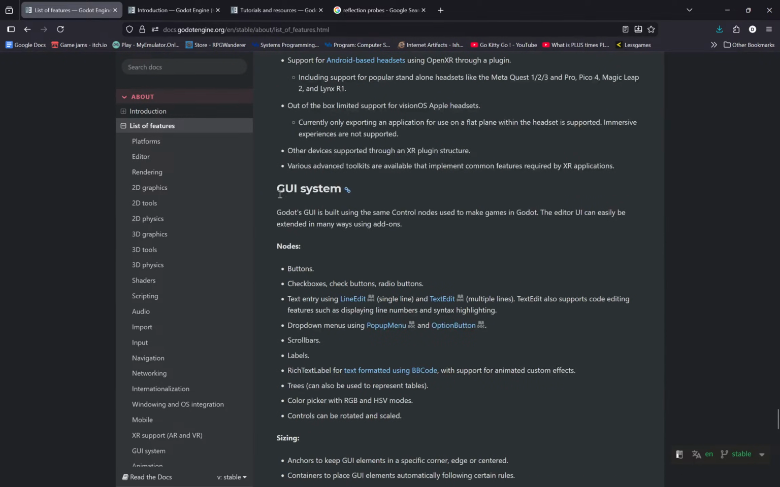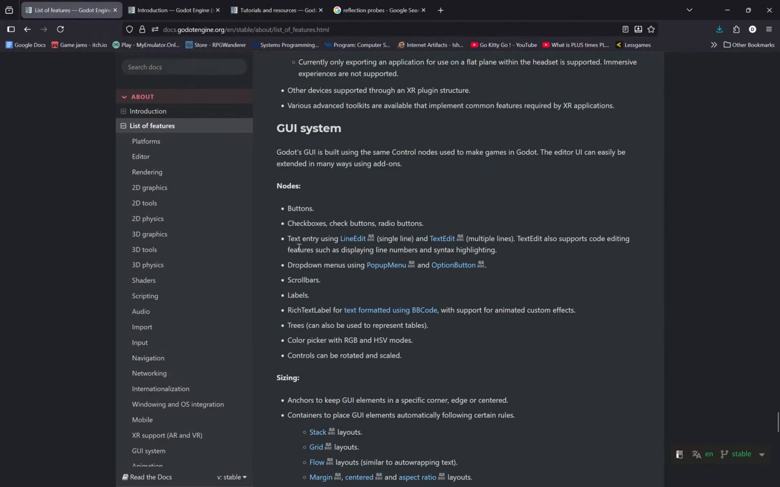This is AR and VR, user interface, global user interface? I should know this. GUI, general user interface, is built in using the same control nodes used to make games in Godot. The editor UI can be easily extended in many ways using add-ons. Yep. Buttons, checkboxes, text entry using line edits, drop-down menus using pop menus, option buttons, scroll bars, labels, rich text,